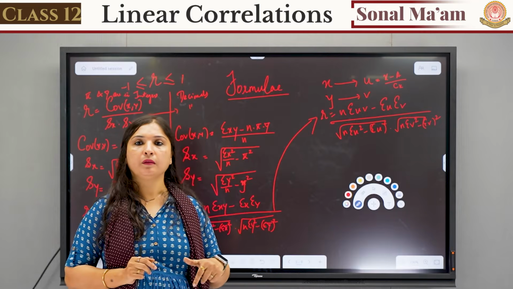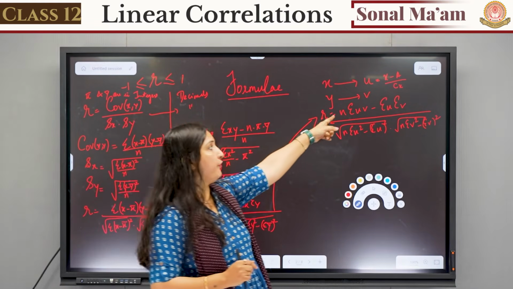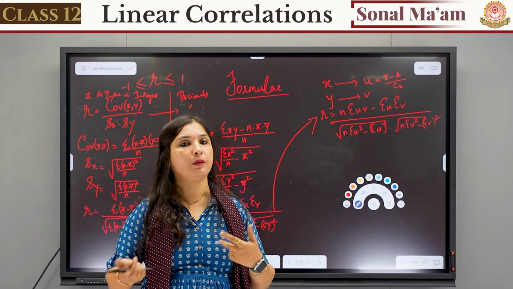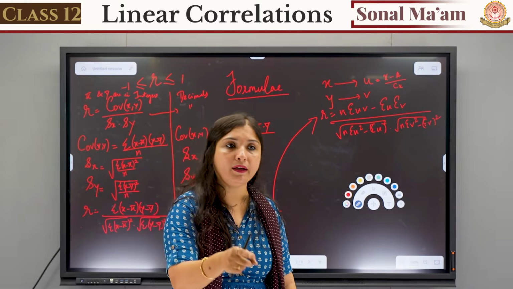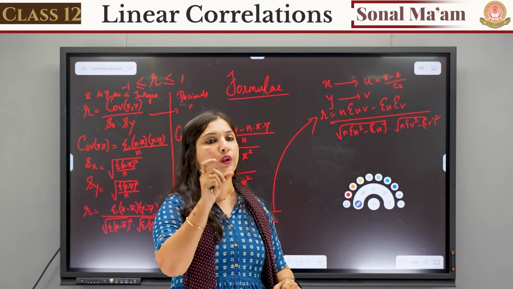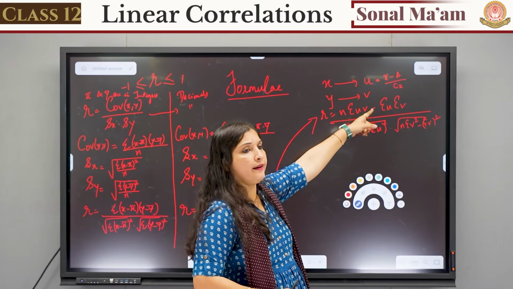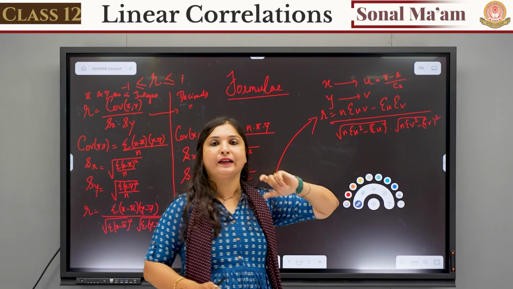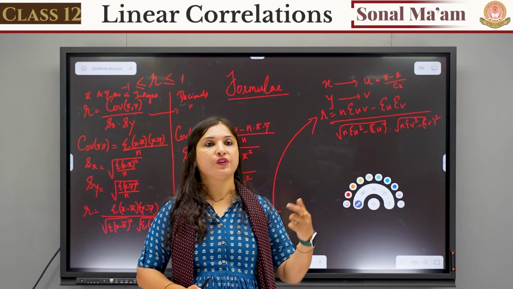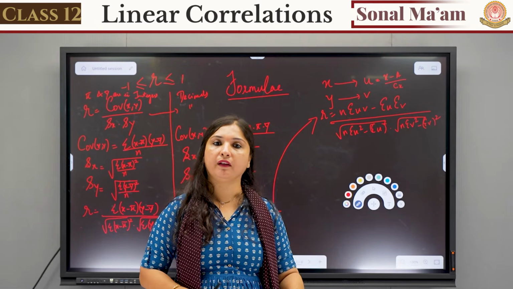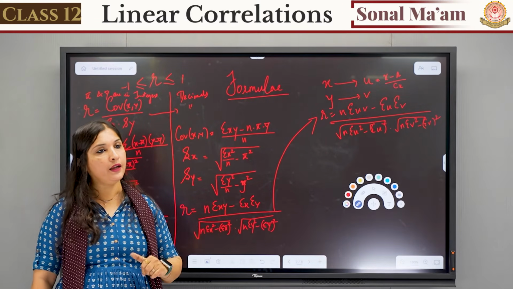Similarly, to find v, what do we have to do? y minus b divided by cx for finding v. Okay, b will again be the assumed mean, and cx is what? cx is the common divisor. If the number after doing the subtraction is still coming big, what will you do? You will divide it by a common divisor. Means if you are selecting 10 as the common divisor, all the numbers will be divided by 10. If you are selecting 100, all the numbers will be divided by 100. So in this way you can find u and you can find v.